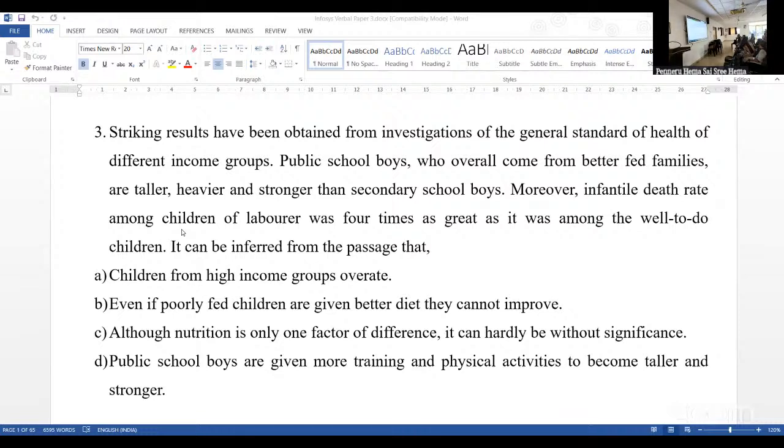Striking results have been obtained from investigations of the general standard of health of different income groups. Public school boys, who overall come from better fed families, are taller, heavier, and stronger than secondary school boys. Moreover, the infantile death rate among children of laborers was 4 times as great as it was among the well-to-do children. It can be inferred from the passage that